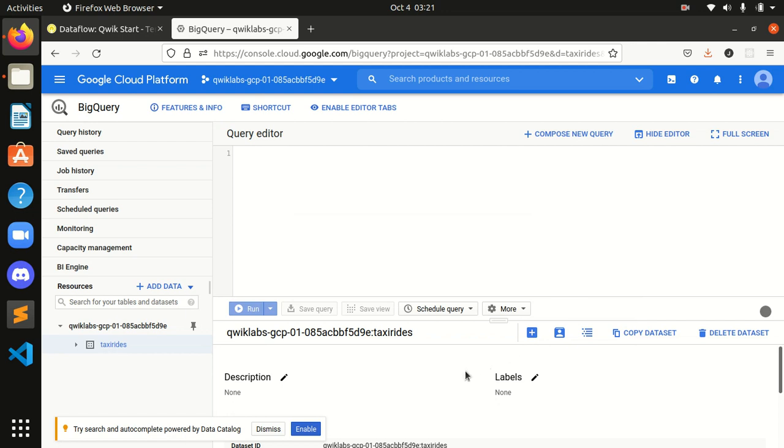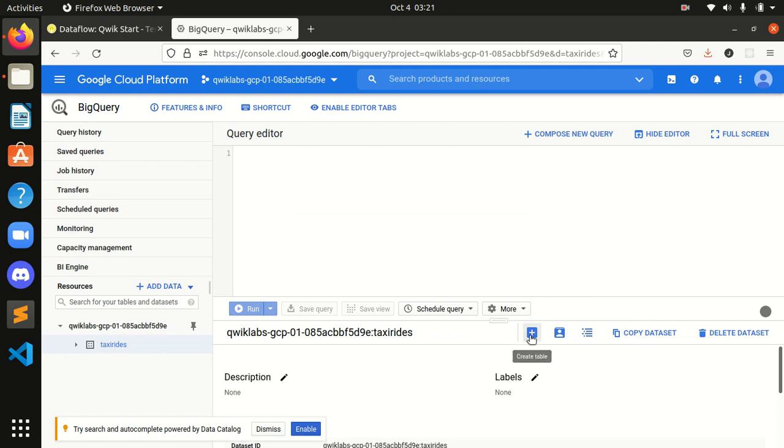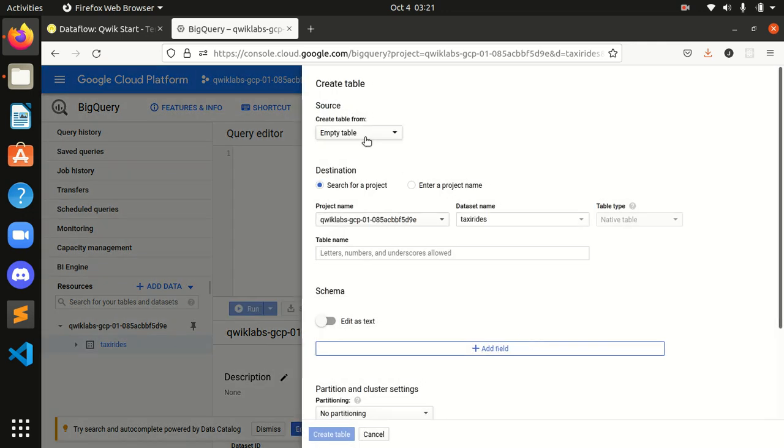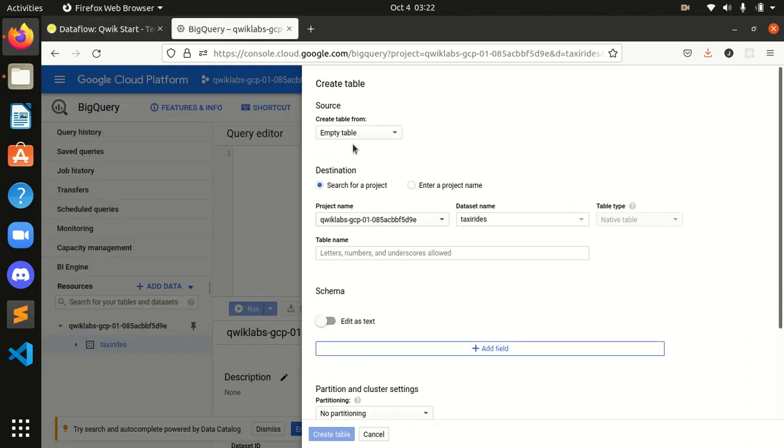Over here I will be creating a table; this button is for creating a table. For creating a table, click on the three dots. In the destination table name input, enter real time. Okay, it's my destination.